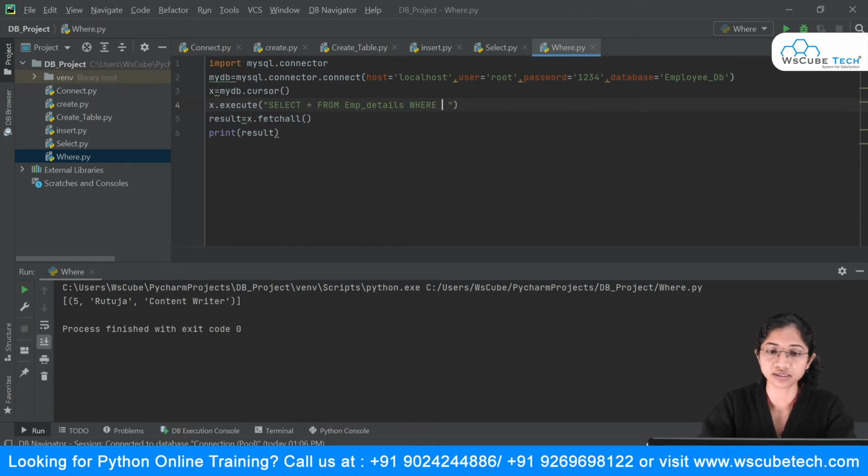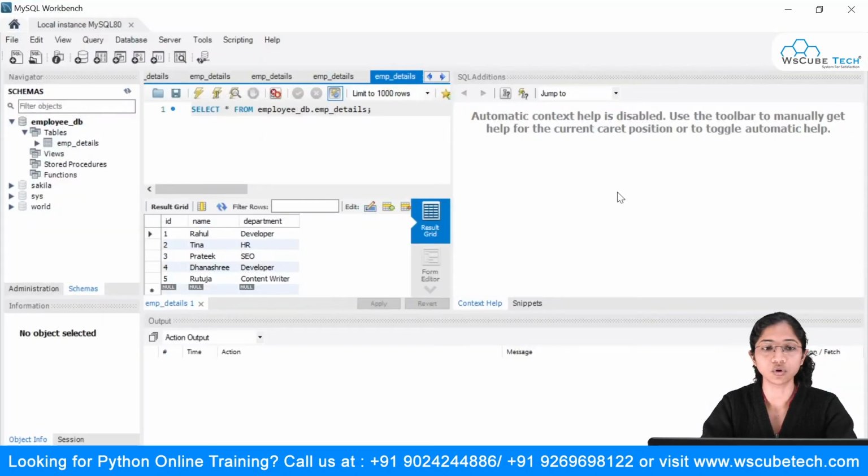Suppose I have this select star from table name where. If I just want to display, see, I will go over to my MySQL Workbench, and you can see that I have this developer. What if I just want to pass dev? I will say that wherever you find this dev, you display me the record.